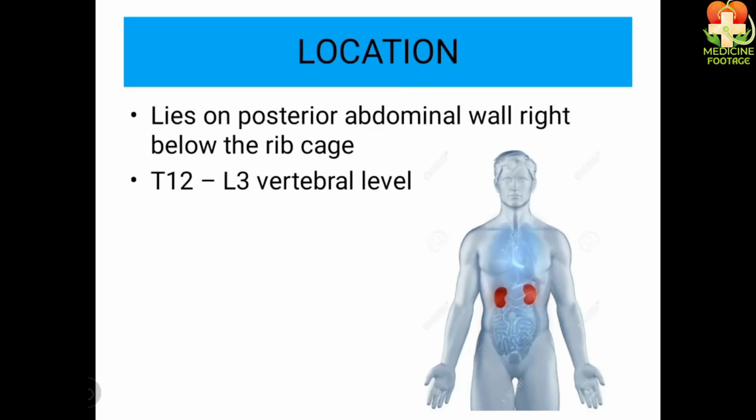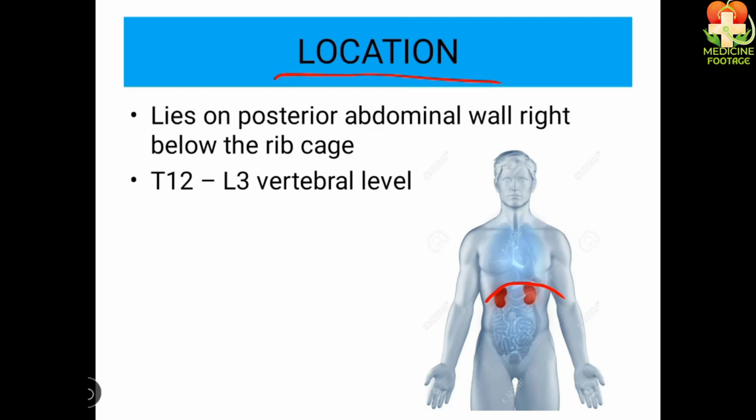Now, let's discuss the location of the kidney. You can see a diagram in front of you, and the kidneys are marked in red. There is a muscle in our body called the diaphragm. The area above the diaphragm is called the chest, and the area below it is called the abdomen. It is clear that the kidneys are located in the abdomen, but they are positioned towards the back, not the